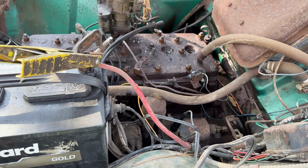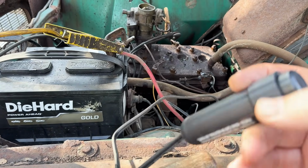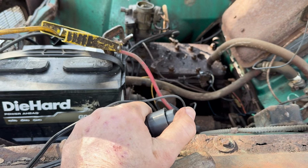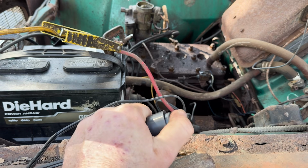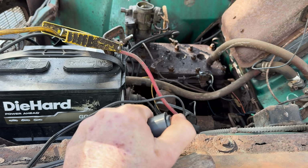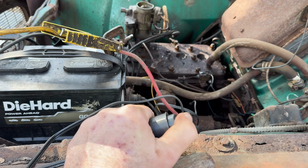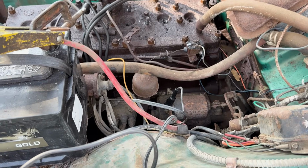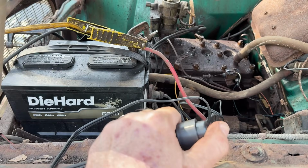Uh-oh, cable popped off. Reset it. All right, got it hooked back up. Let's try not to move this so much. See if we can jog it over. I got a little smoke. It's just cool watching that little plunger. Not cool not seeing anything else move, but